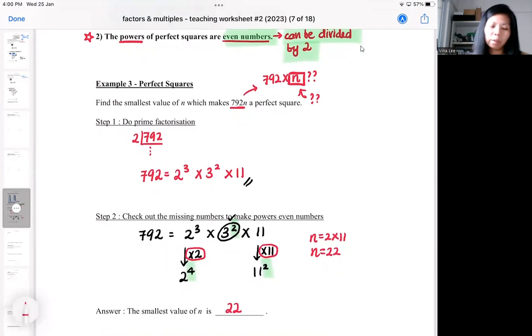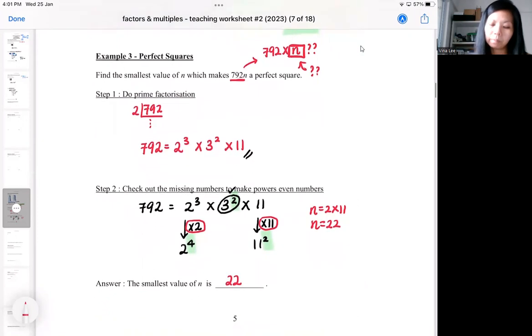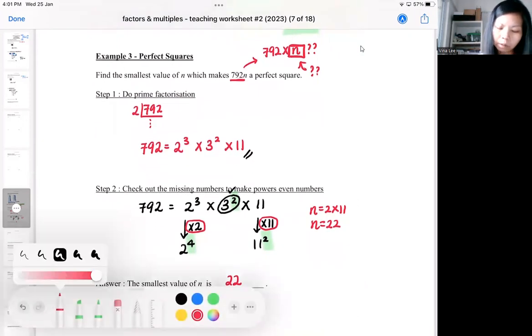You actually don't need to keep working. If you can understand it very well, you can see that you just multiply by 2 and then 11. Then you will achieve powers that can be divided by 2. So in any case, if you want to do checking,